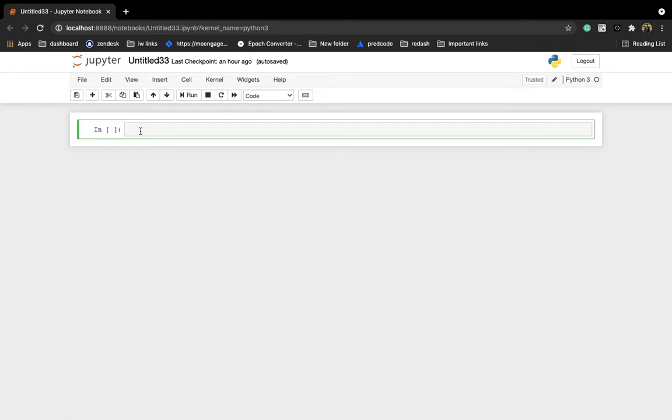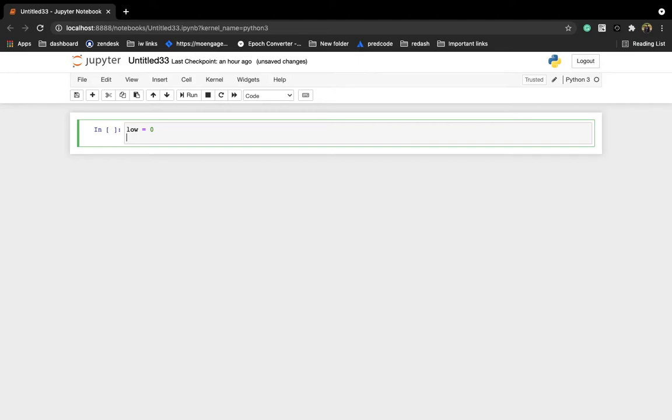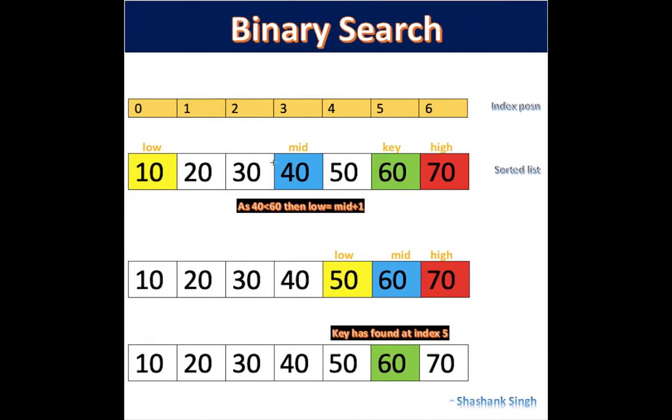So here I'm writing a few variable names. Let's say here I'm writing low is equal to, initializing with 0. Low is a variable name, you can take anything. High, this is also a variable name. As I told you, length of list2, let's say I'm writing here minus 1. Why am I writing length of list minus 1? Because indexes start from 0 to n, right? So here the length of this list is 7, so 0 to 6 will be the index positions.